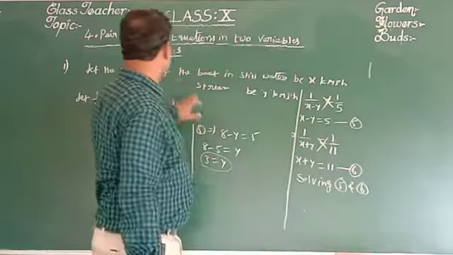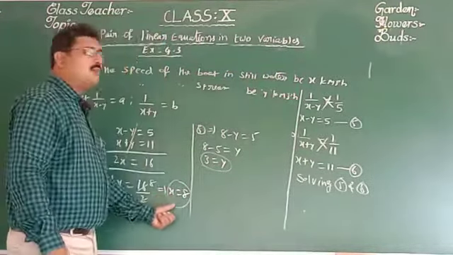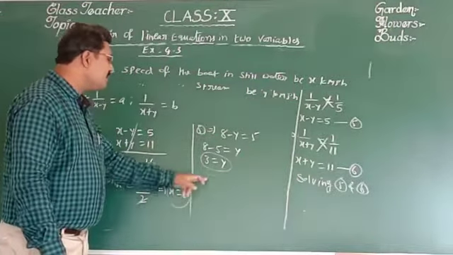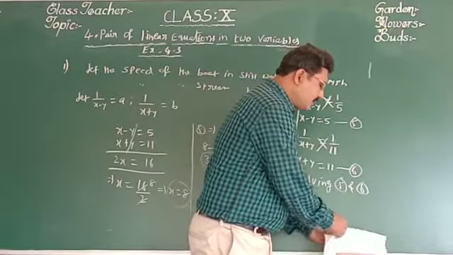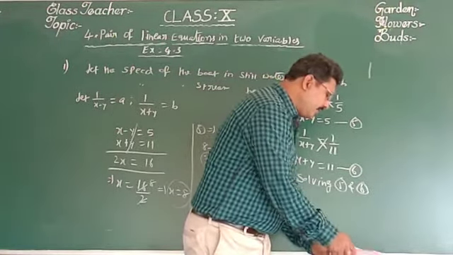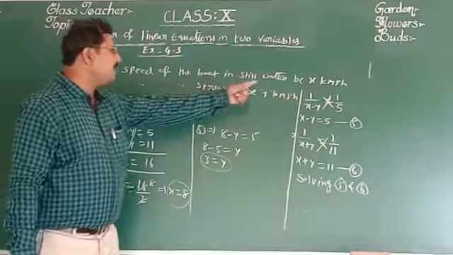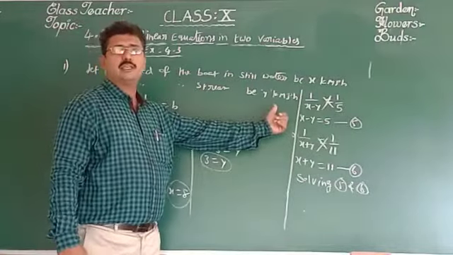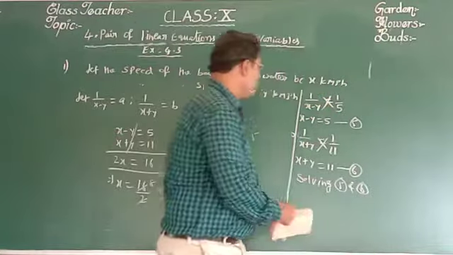Substitute, what is x? Let the speed of the boat in still water be x, which means 8 kmph. And the speed of the stream is 3 kmph. So that is the required solution. You must write that inference. Therefore the speed of the boat in still water is equal to 8 kmph, and the speed of the stream is equal to 3 kmph. So those are the solutions. Next.